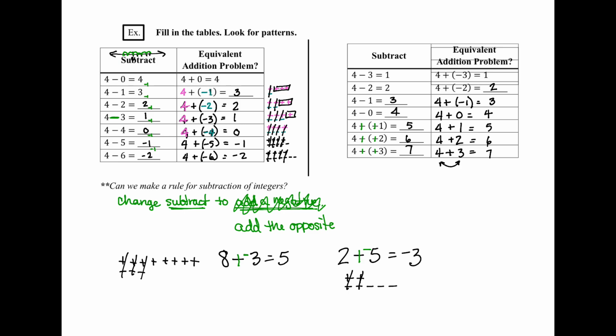Okay, so the idea is change, subtract if you can't already do it because it was easy. Like 8 minus 3 was easy. You can do it. You don't need to change anything. But if you can't do it, then do those two changes right here. Okay, change it to add, change it to its opposite. Two changes in the middle. And we'll talk about that too